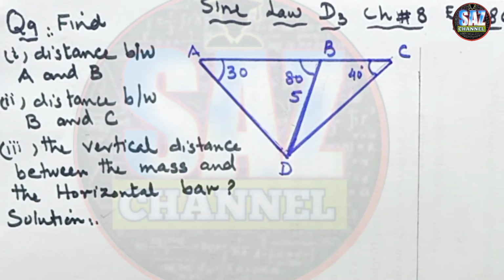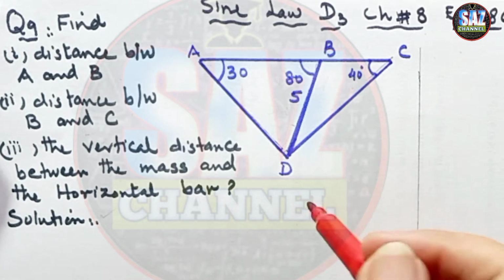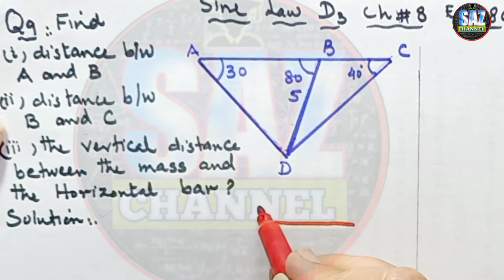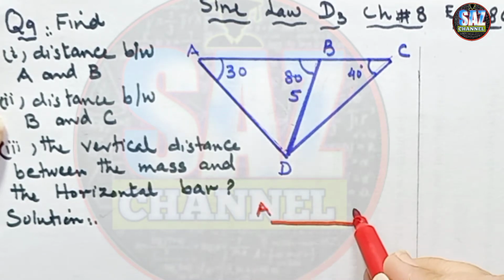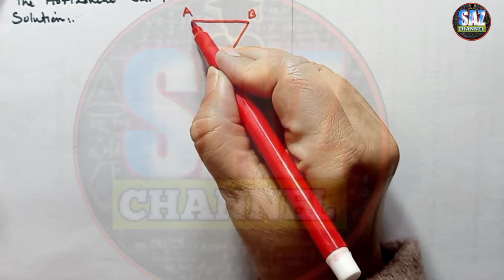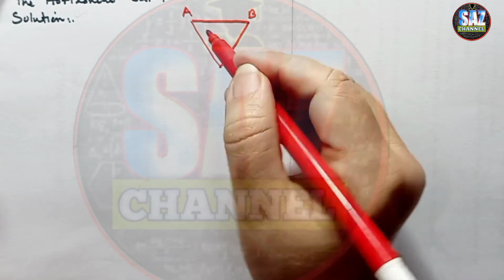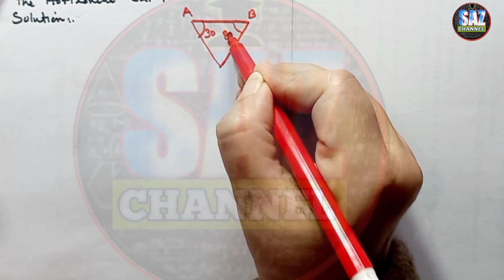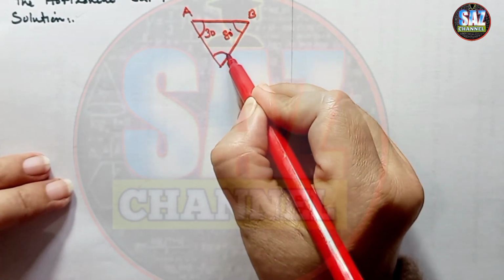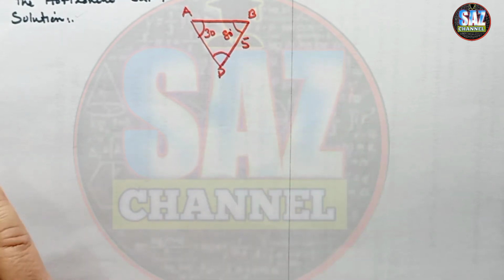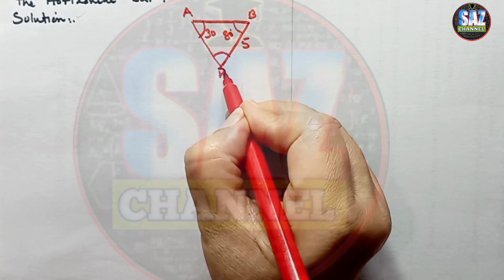So let's make a small sketch over here. It's always good to give small references and small diagrams for better understanding of your solution, so that the examiner can understand your working easily. I have to take triangle ABD, and this is 30 degrees, this is 80 degrees given in the question. And if I need to find this angle, and this is 5 centimeters, this is vertex D, let me write it properly.